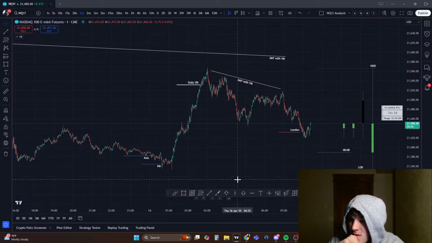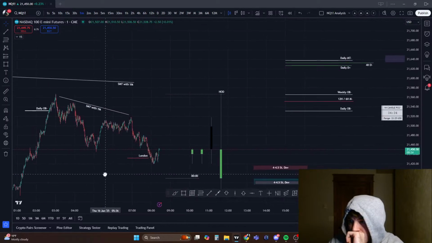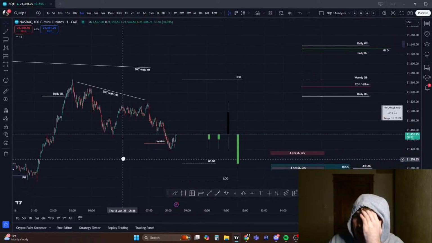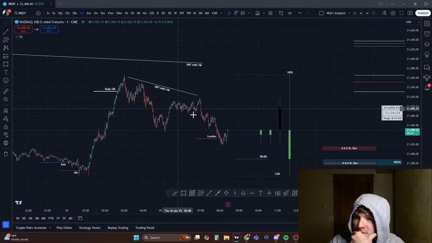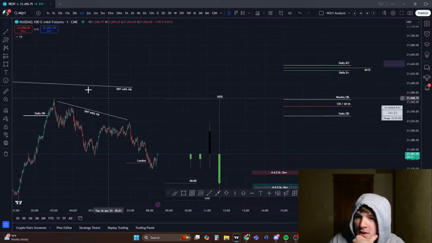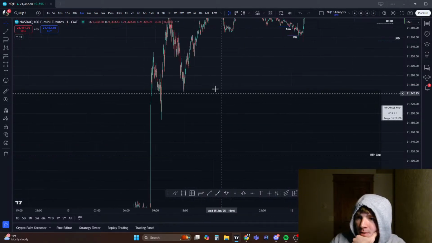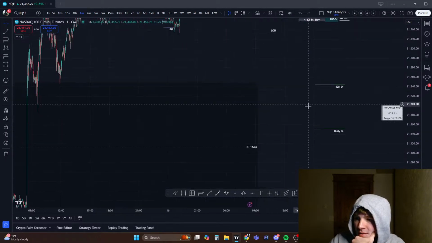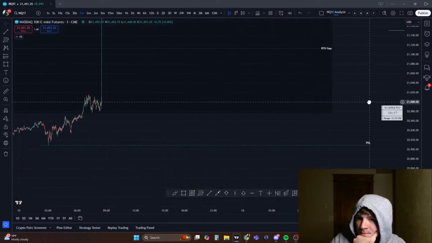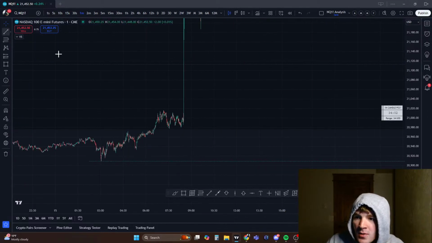Okay. Yeah, I think I'm leaning bearish. We pushed into that 12-hour statistical manipulation. We pushed into that 6-hour statistical manipulation. We got bearish SMT with YM. We pushed into the daily order block. We pushed into the weekly order block. We've got the RTH gap below. We've got these lows below. We've got the 12-hour distribution level, the daily distribution level, and the data low. And we hit our weekly objective.